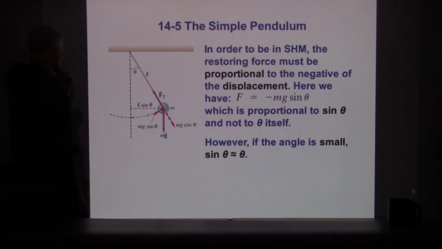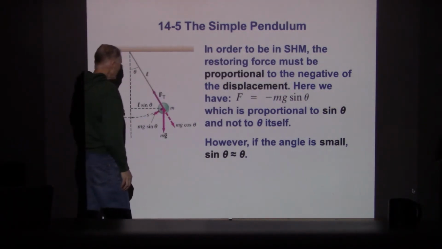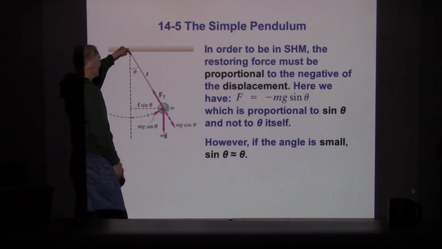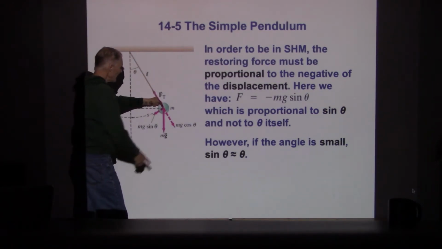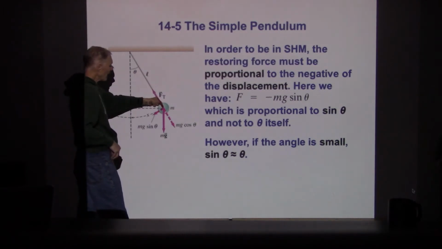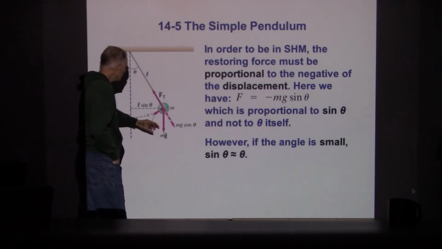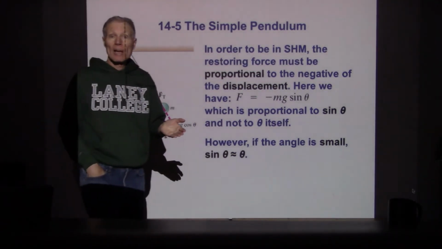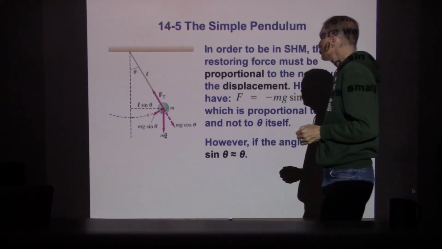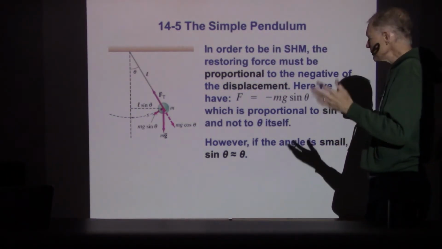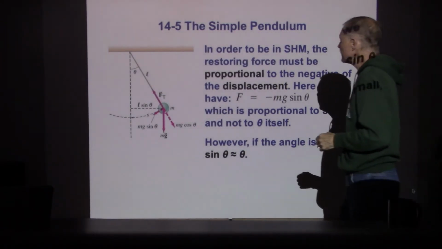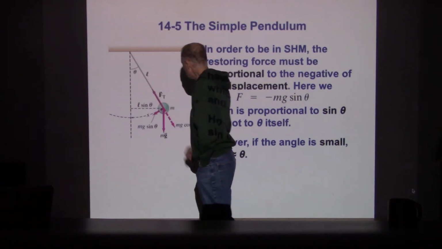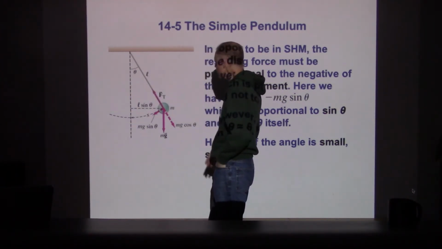but it oscillates back and forth along that circular path. Now, the forces we have going on here, we've got gravity which is down. So when the pendulum is at an angle of theta, what we can do is take the mg and divide it into an mg cosine theta and an mg sine theta set of components. So we want to have those as components for the gravitational force, same as we've done before on inclines. Now we're using that analysis on a pendulum. Now there's going to be a tension in the string in this direction,